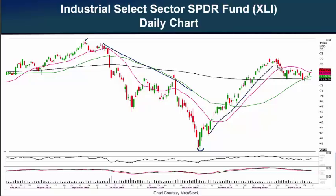It walked up its 20-day moving average, came back up to a high of 77.13 in February, then rolled back down, as often happens when you get a really sweet move up like this. At some point, people take profits. It rolled back over, down from there to the 200-day moving average, and made a couple of pops and falls onto the 200-day moving average. When I captured this chart today, the XLI had gapped up a little and was trading at